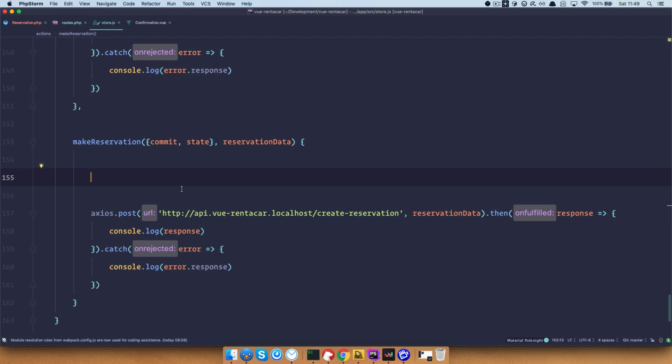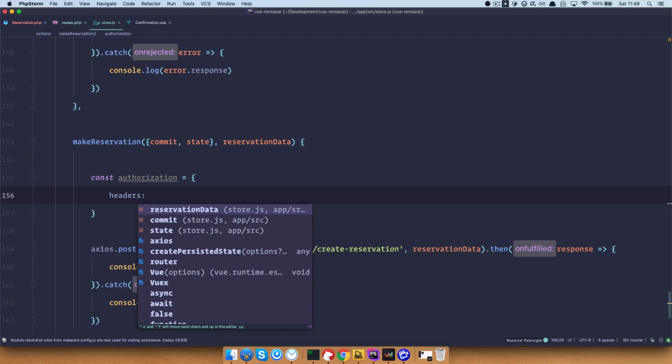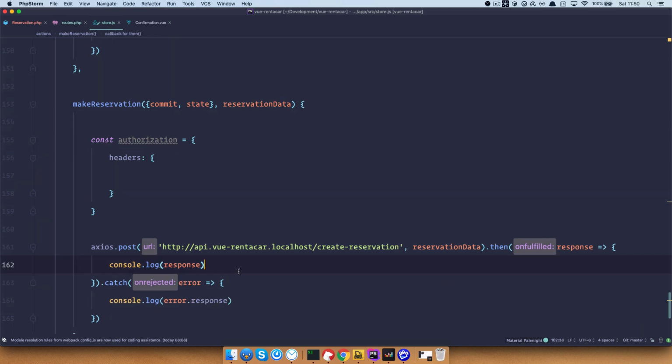Now in our store.js we need to create a variable which we are going to be calling authorization, and this is going to be something that we pass to Axios. So const authorization is equal to an object, and in that object we have something called headers. You can read the Axios documentation for this. So we are passing some headers to our request. So headers, and we need to create an authorization header,